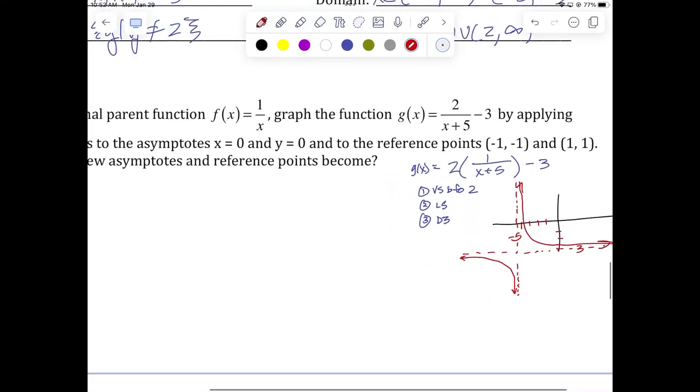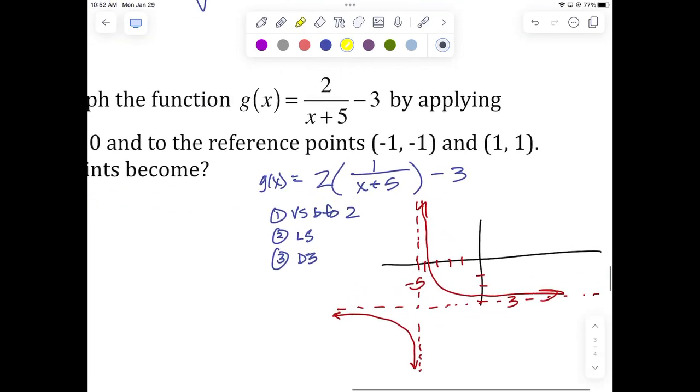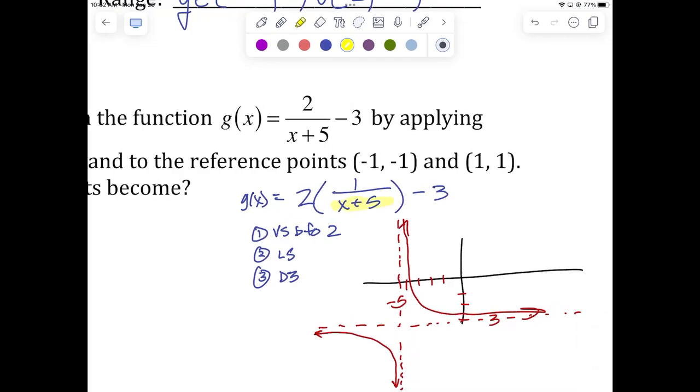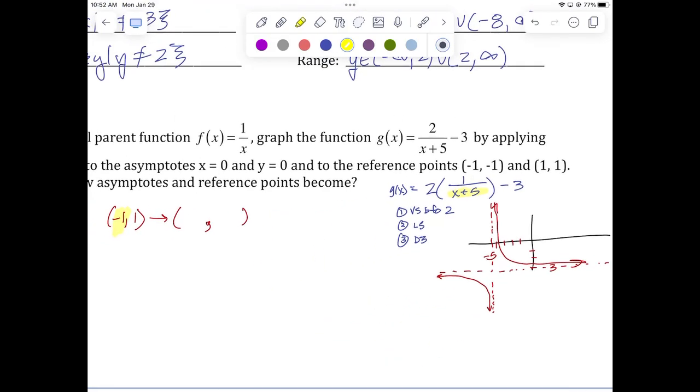Okay, let's do this. -1, -1 goes to blank, comma, blank. All you have to do is what we've been doing all year long. For the -1, which is your x value, you just plug it into the inside of the function, which is plus 5. What does the plus 5 do? Well, if you just add it, you're going to get 4, right? But we have to apply the transformation to it, which is always the opposite. So instead of adding 5, we really need to what? We need to subtract 5, okay? So -1 minus 5 is